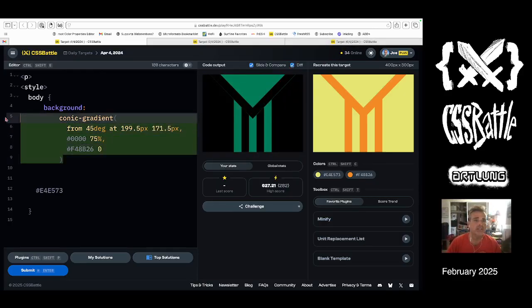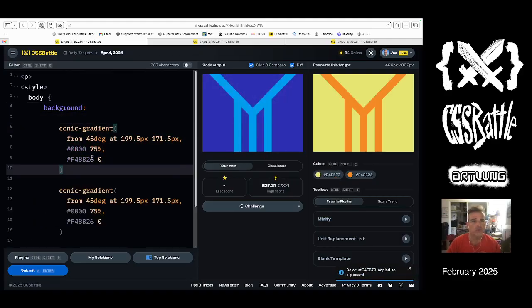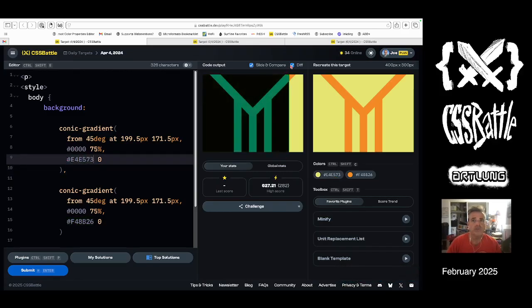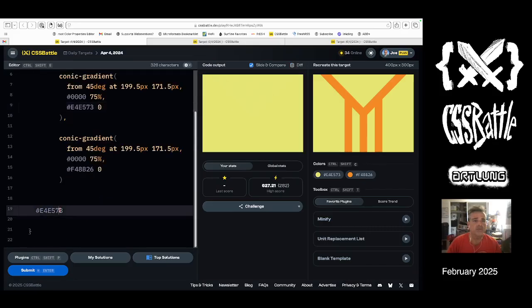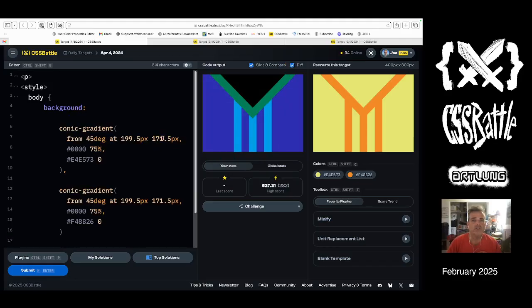The second part needs to be on top of that and the yellow portion. So rather than orange, we need a comma between them, and then we do yellow. You'll notice that makes this all yellow, and I'm going to go ahead and remove the background color just so we can see what we're doing, and then I'm going to move that vertically by decreasing this number, 150, 140, 135, 134, 133, 132, 131, 130, 129.5,